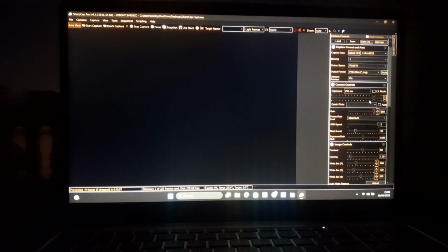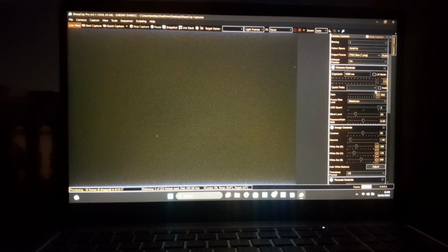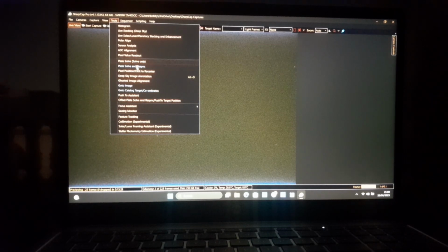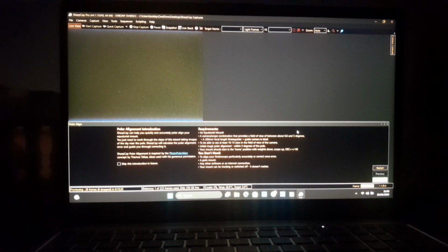Okay, so I'm gonna start the polar alignment in SharpCap. I will increase the exposure a bit, because since I'm using narrowband, it's not showing many stars at all. Okay, this should be decent, I guess. I'm gonna increase the black level a bit as well. So let's go to tools, polar align, and as I've shown in previous videos,